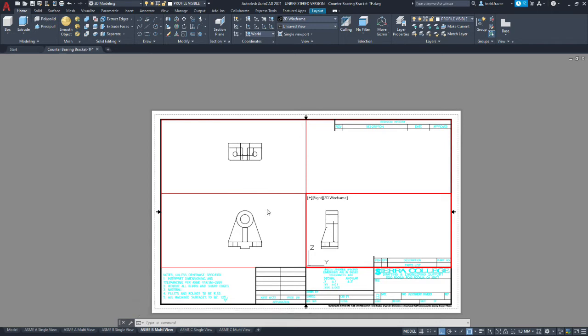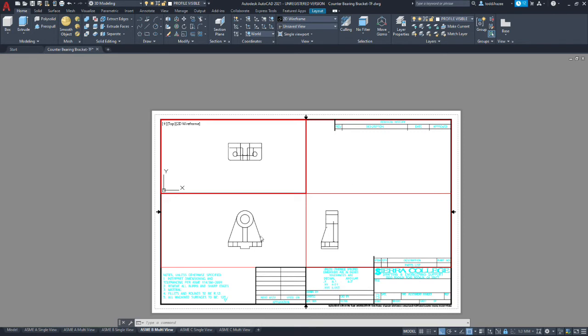The next thing is we're going to lock all these viewports so we don't accidentally move stuff around. In the right side viewport, you need to have that highlighted, and you go down and select the padlock icon at the bottom of the screen. Go to the next view, we're going to select the padlock button again. And then the top view, once again, the padlock. So those are all locked. We're leaving the fourth viewport alone.